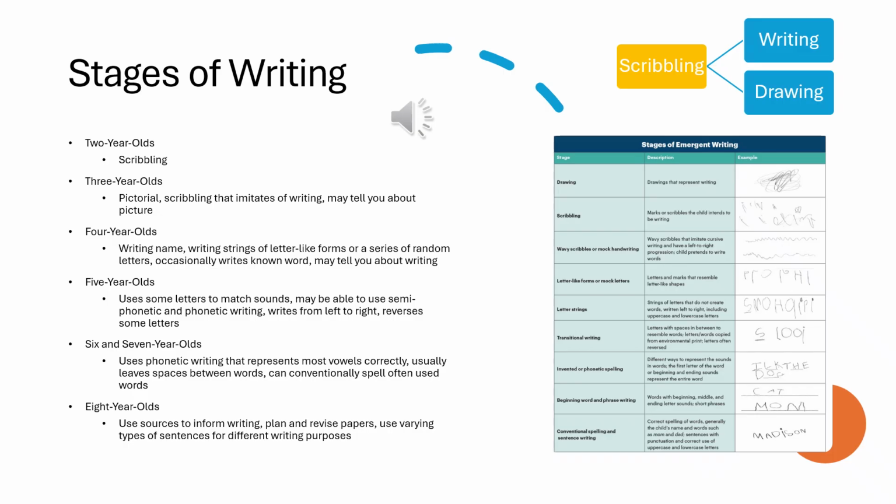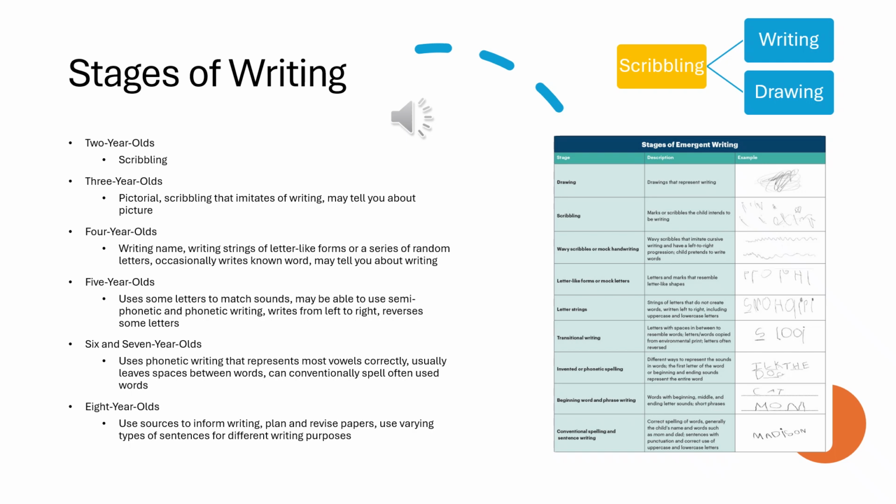So one thing I want to note is that all writing starts as scribbling. So when we talk about art skills and we talk about writing skills, we talk about starting at the same place. So all art, so all drawing and all writing starts with scribbling. And then it separates out once children get to preschool into writing words and letters and things like that, or drawing pictures, representations of objects in the environment. But the beginning is scribbling.